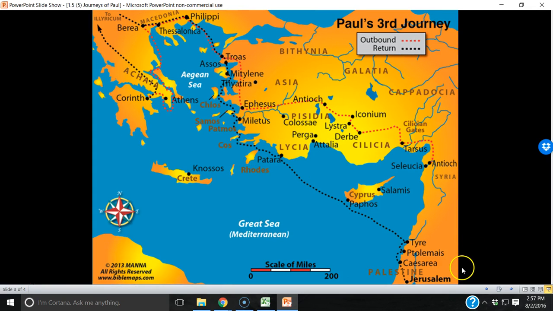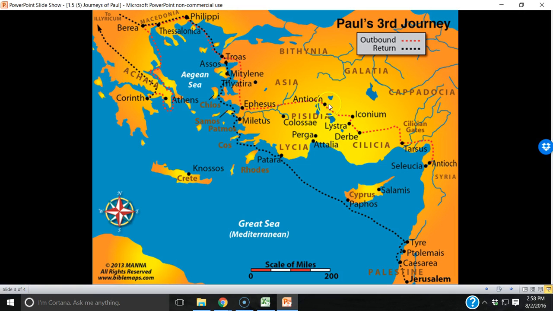The last journey takes place in the mid-50s, 55 to 57 AD, and after the Passover is over, Paul goes up to Antioch again and reports on his work, as he did after the first journey. He leaves Antioch, and notice how it's very similar to journey number 3. You're going to have a lot of lines going on your map here, but he revisits the Galatian churches, and that means this is actually the 4th time he comes into the region of Galatia, because twice on the first journey, again on the second, and now on the third.